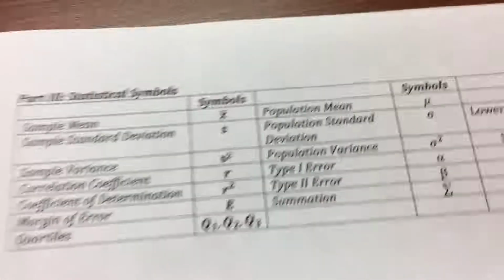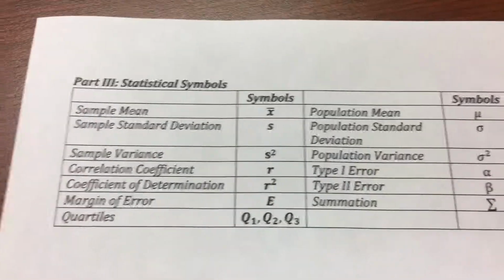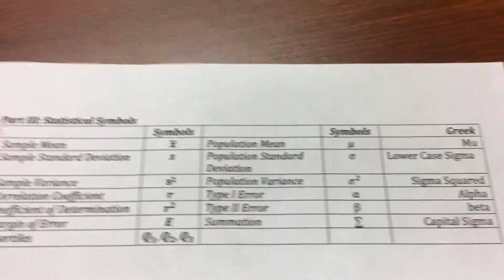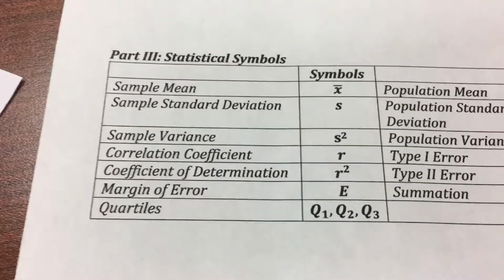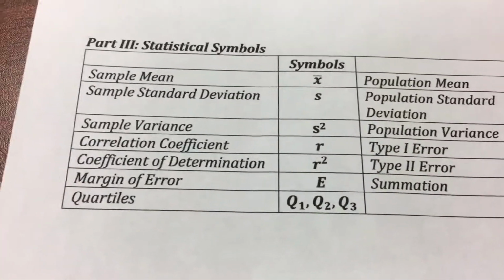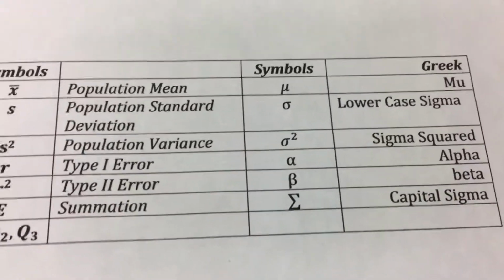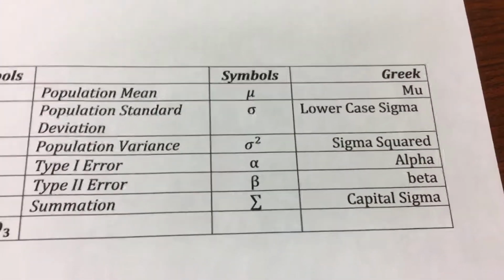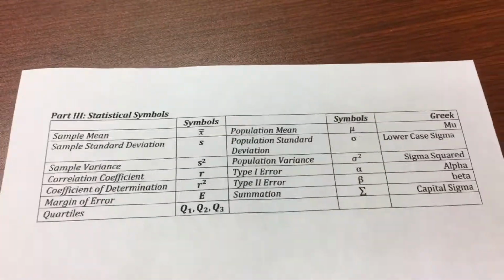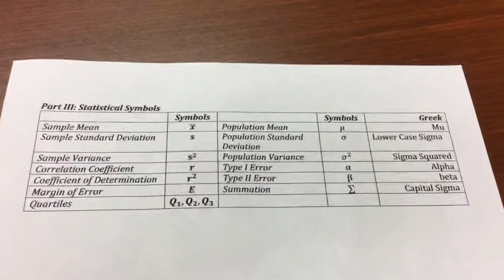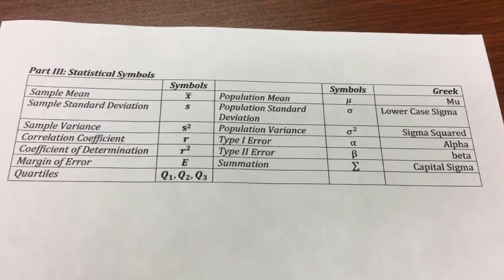Now, the last thing we did is we made up a list of all the symbols that you've used in statistics. This is just kind of a help to you. So notice you can see all the symbols so far that we've come up with that you've been using, and there's a few that may be used later on, but this is just to kind of help you. It's the very last page, so there's nothing you really do with it, but it's things to help you remember